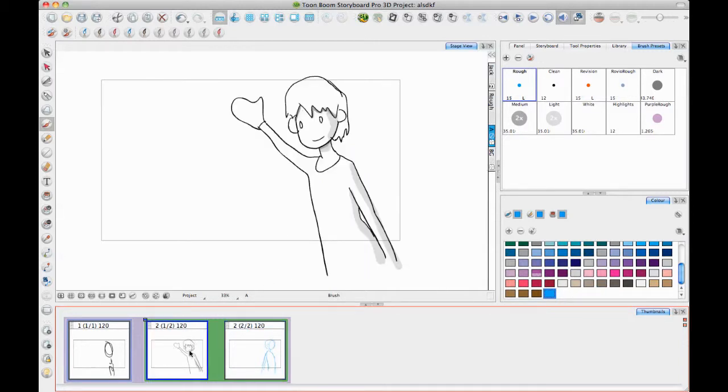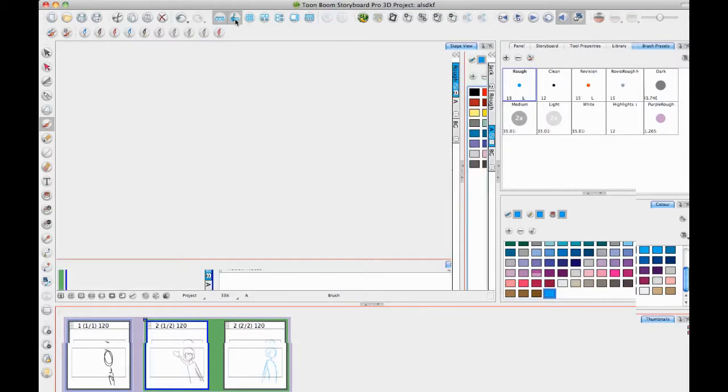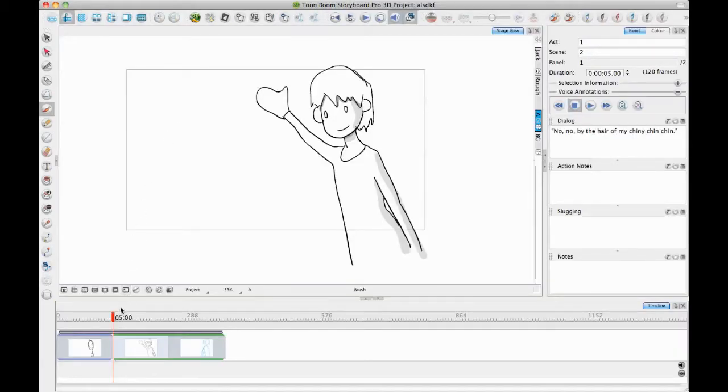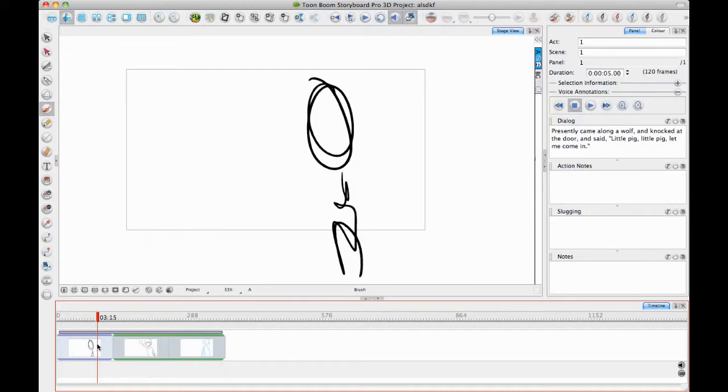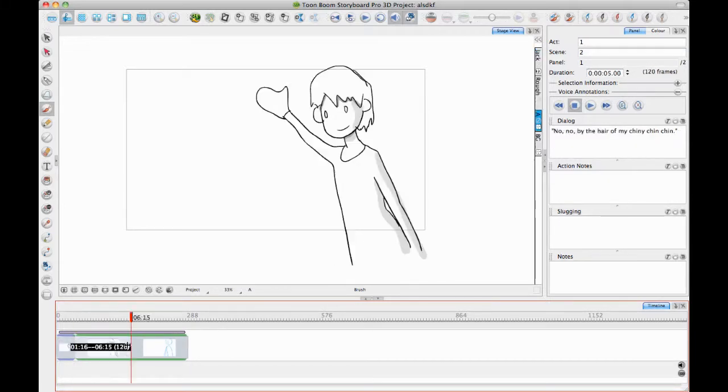But one thing that is kind of interesting about this whole software is the idea of doing some little bits of animation. And so whenever you're doing little bits of animation, then you can go into the timeline workspace. Think of the timeline as anything that moves over time you'll want to do from here, because here you actually have a playhead that you can slide. There's a default panel length that each panel is created with, and you can adjust what the default panel length is in your preferences. But in here, basically you can go in and you can change how quickly or slowly